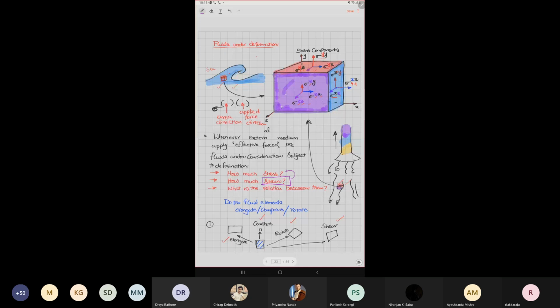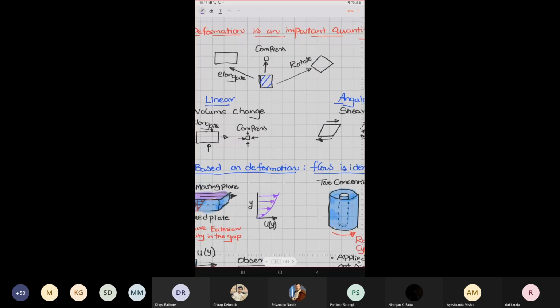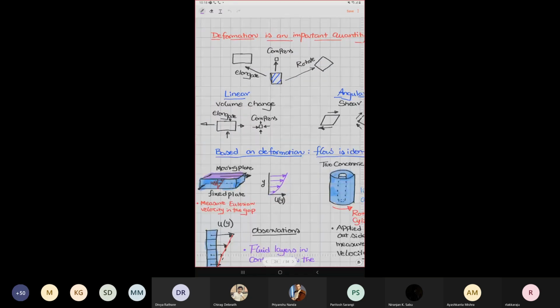Think of a situation. I'm giving you a plastic pen and also a rubber band, asking you to apply deformation. Though you might be applying the same forces on the two materials, they will have different deformation. Because of that, the internal stresses generated in the material are also different. So let us look at the first step. The very first essential quantity important is